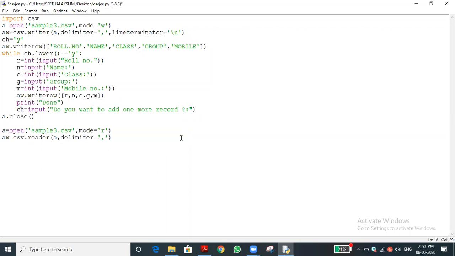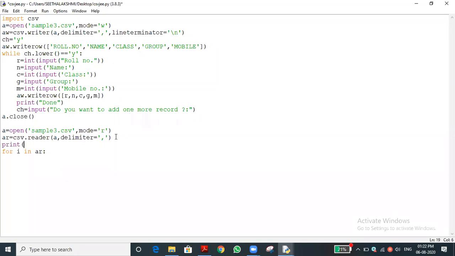Now we are going to the next thing. We want to use the for loop. For i in, what is our reader object? For example, let me say AR is our reader object. Are you seeing the screen? AR is our reader object, so we are using it and printing. We need to give the decoration, for example.